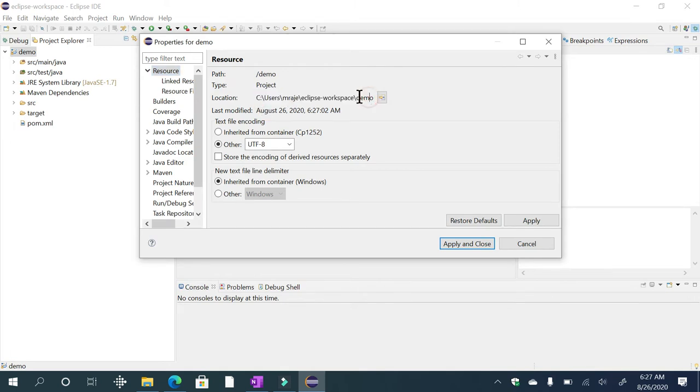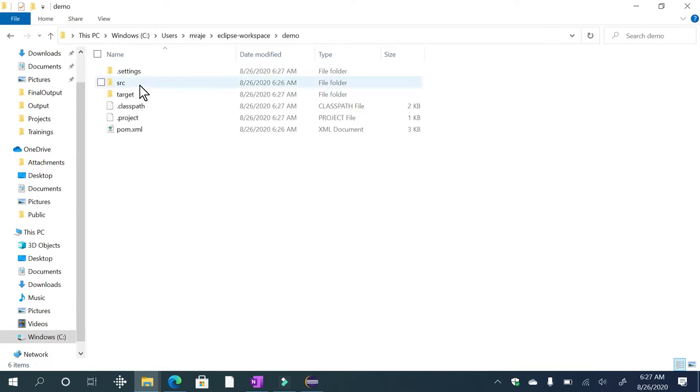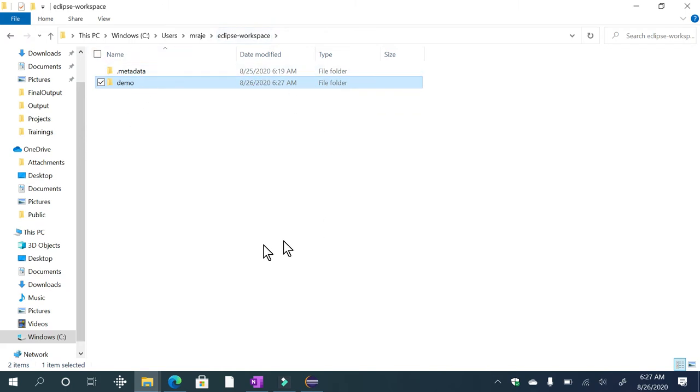Remember guys, during the Eclipse installation, it asked me to create this workspace. So from now, whatever you create will be saved under this folder. If you select this, it will be opened up. You see, this whole stuff is your project area, and this is your workspace area.